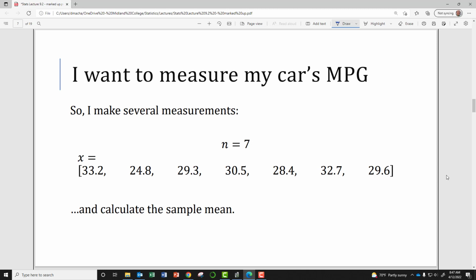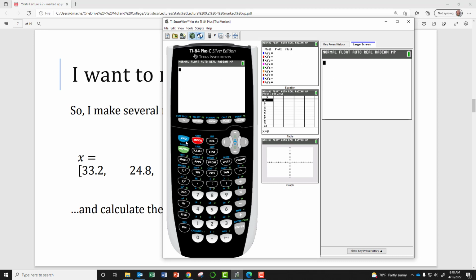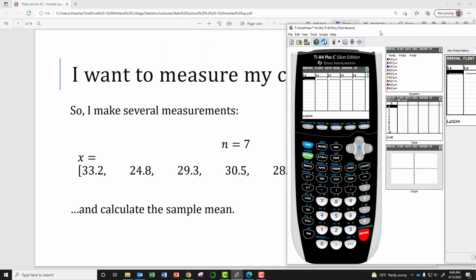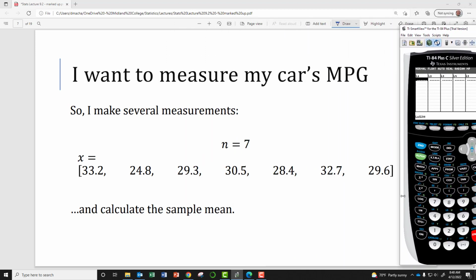And they're all a little bit different, right? Because you never expect any measurement to be exactly the population mean. And even when we go to calculate the sample mean, we don't expect this to be exactly the population mean either. So let's calculate the sample mean really quick. To do this in my calculator, I like to go to Stat and then Edit. And then I'll punch in the first column all of these numbers. So I'm going to put in 33.2 and 24.8 and 29.3 and 30.5, 28.4,